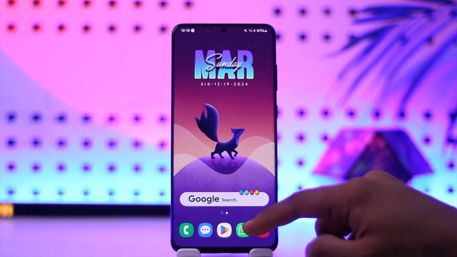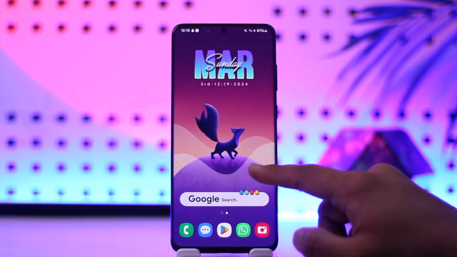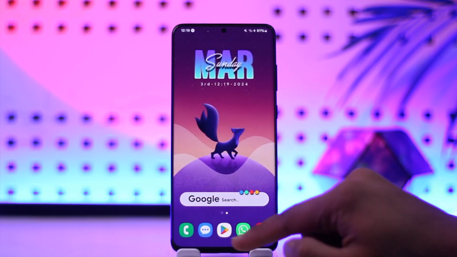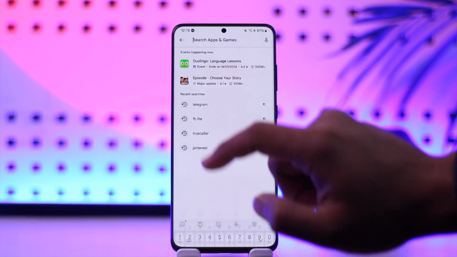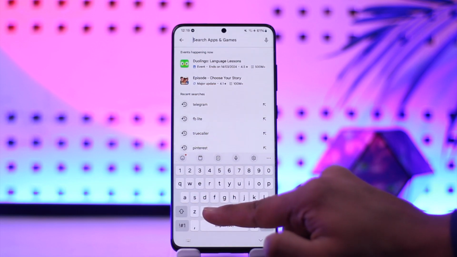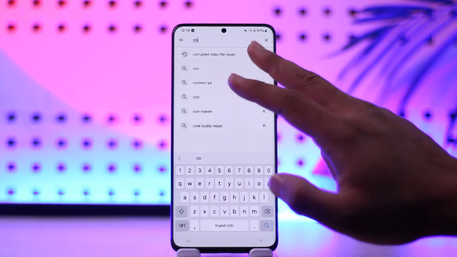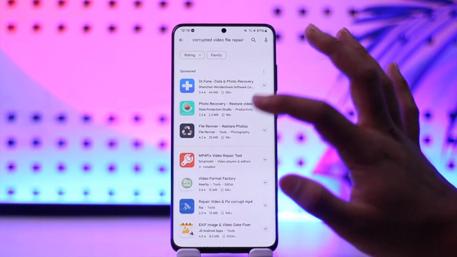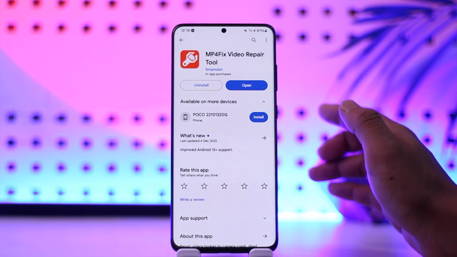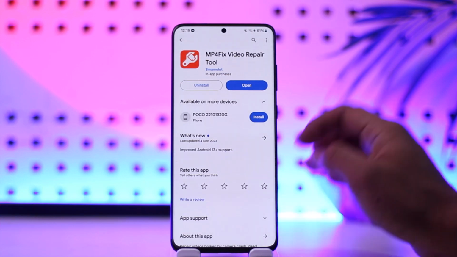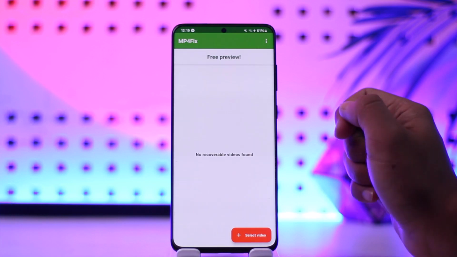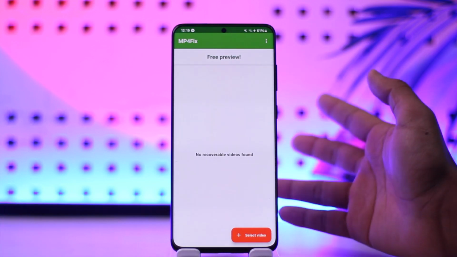If you want to repair corrupted video files on Android, maybe a video got corrupted for some particular reason, first of all open up your Play Store or your App Store and simply search for corrupted video file repair. You'll find this application at the top, which is MP4 Fix Video Repair Tool, which I'm personally using in this video. So download this application, open it up, and it will automatically try to scan for the files or the